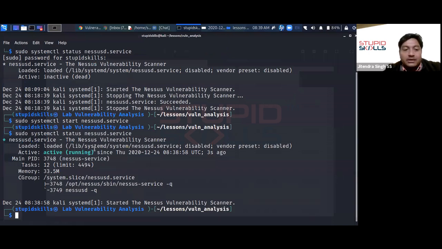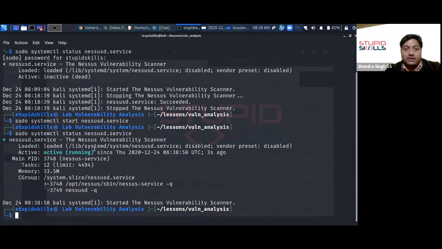Then you would see that it lists various details, like under which process ID it is running, how much memory it consumes, and what other queries you can issue against it. But the thing that you would probably not know here is how you would access the tool. It's a service that is running, and it's a web based tool, and you have to know on which particular port it is running on the local machine. So for figuring that out,